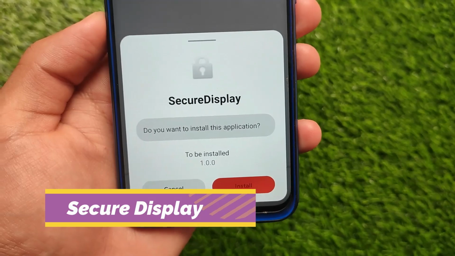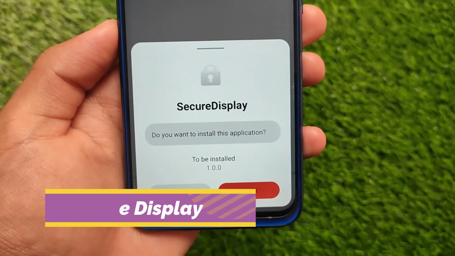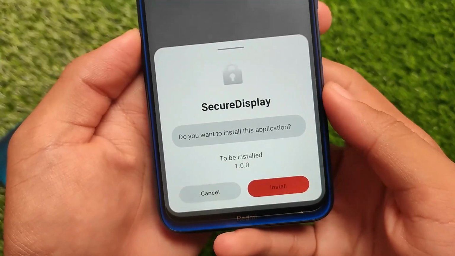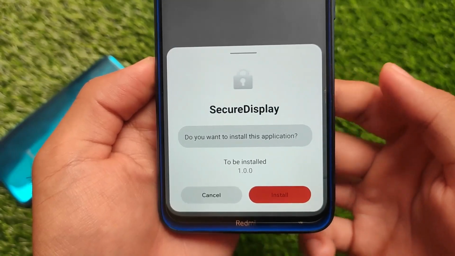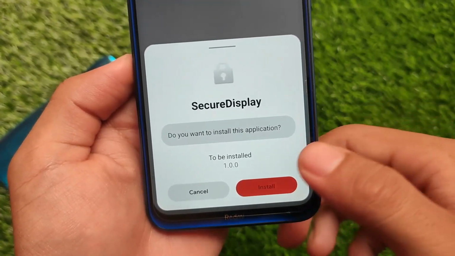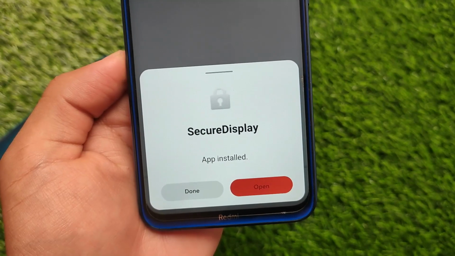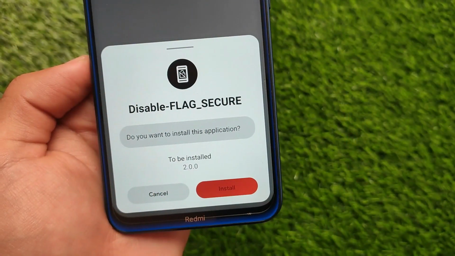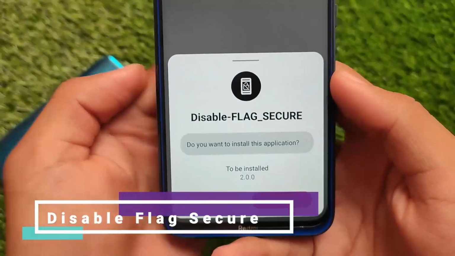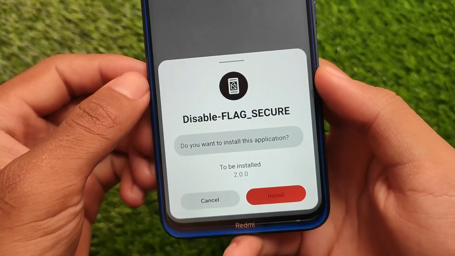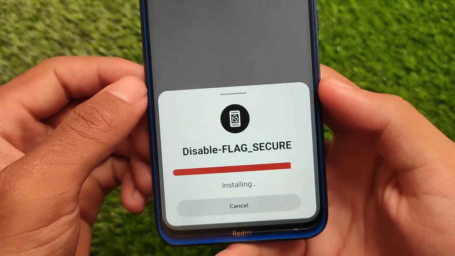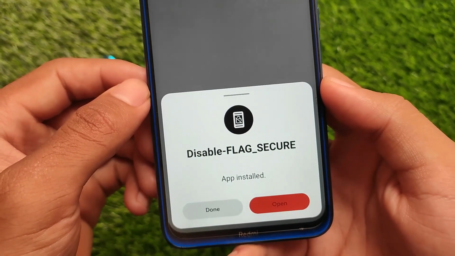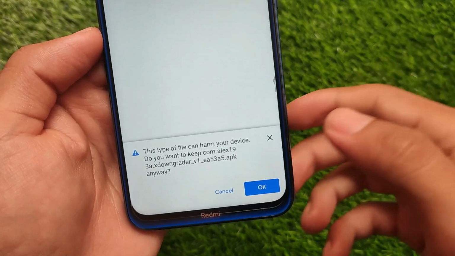It also has a new module called Secure Display, which I haven't made a video on till now. But what is this? This is kind of the opposite of Disable Flag Secure, which means if you enable this option, then you'll be able to restrict screenshots in any app on your device. That's actually quite wonderful. You simply need to install, enable the module, and you are good to go. And as I previously mentioned, that was the opposite of this module called Disable Flag Secure. Some apps have the option to restrict screenshots. If you enable this option, then you will be able to remove that restriction, and you'll be able to take screenshots. You can even record the screen, which is a very powerful module, by the way.